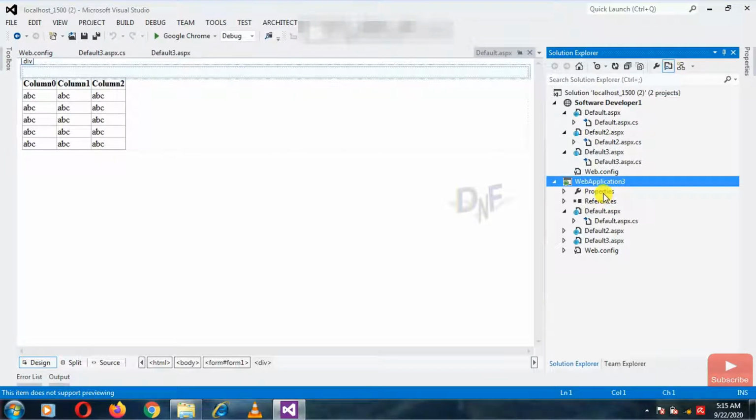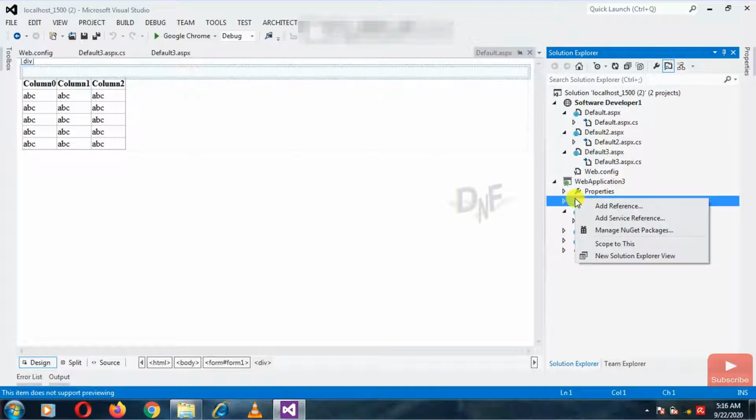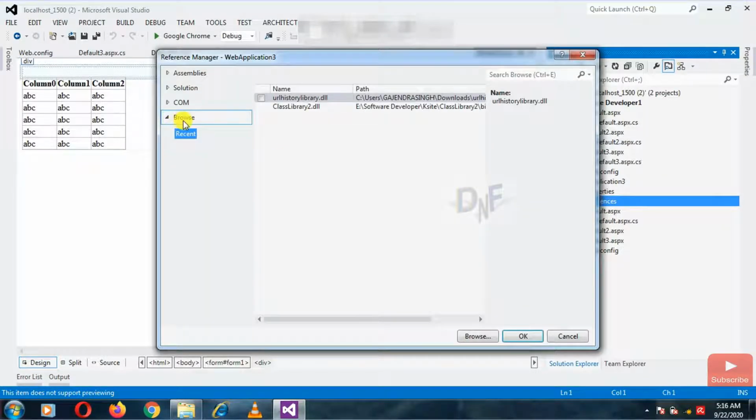After copying all the content, the second step is to add all the references which you require for that application. For example, sometimes you have used third-party DLLs, or some DLLs included in the website. Those DLLs should be referenced by right-clicking References, and you can browse from the bin folder.